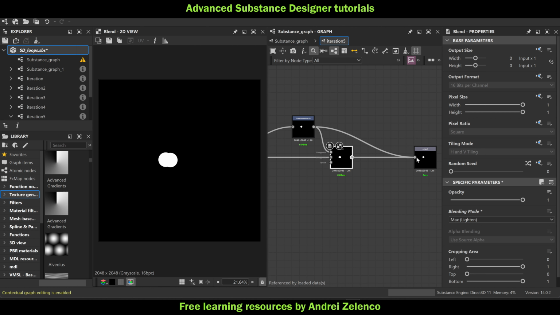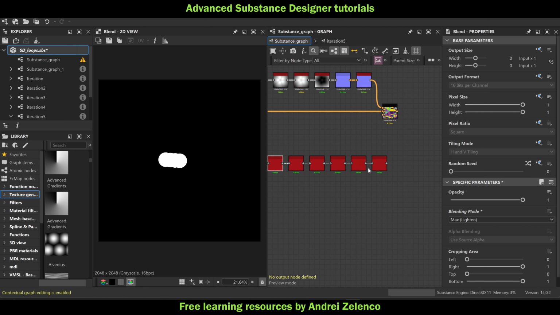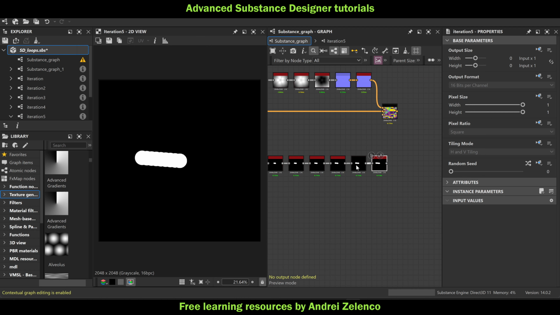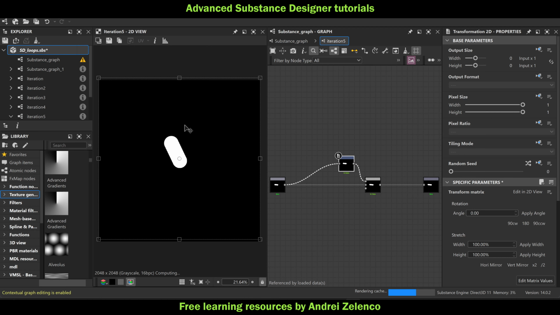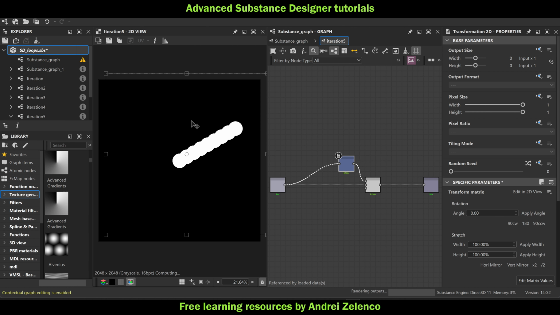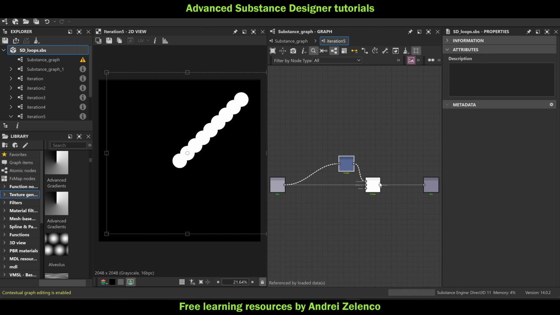Then chain things together and look at the output. All of a sudden you can see we have a chain of dots together. Now, what else can we do? I think we can make a trail effect. For example, we can have the latest, most recent dot be the brightest and have all the past